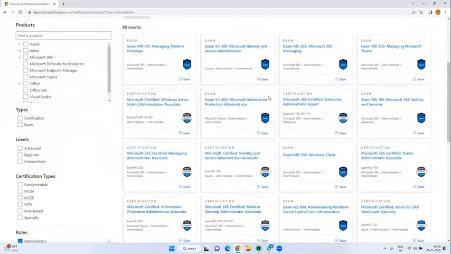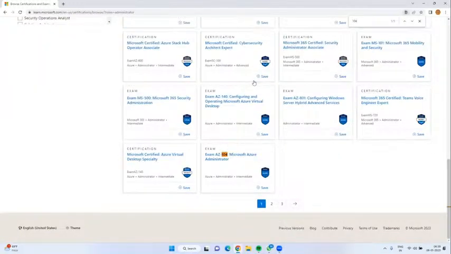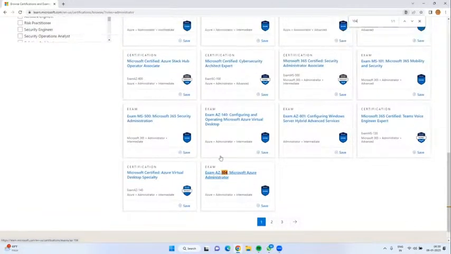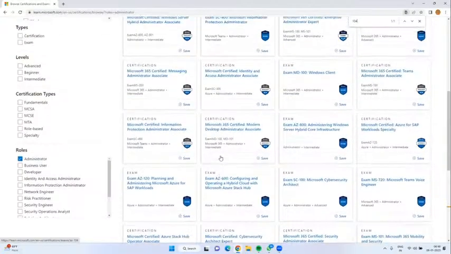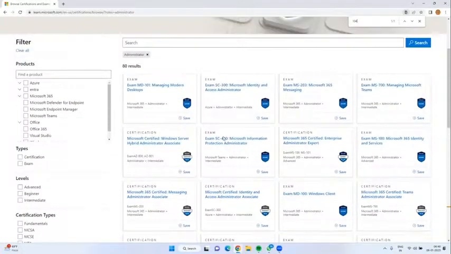See, the Azure Administrator certification paper is what? AZ-104. Just search it. And this is the AZ-104 Microsoft Azure Administration. If you observe, we have a lot of certificates.